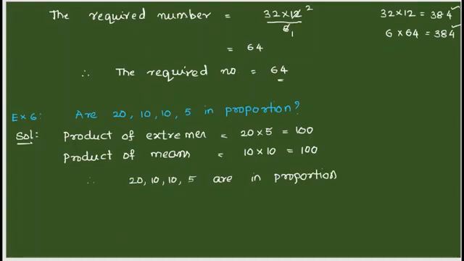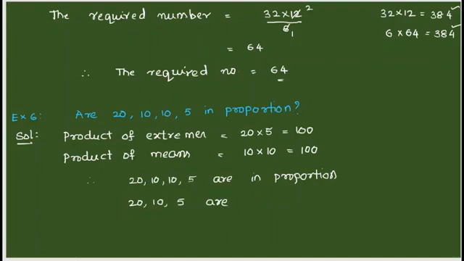Since here the second term and third term are both the same, 10 and 10, in another way also we can write this. How can it be written? As 20, comma, the second and third term is repeated. So only 10 you can write, and 5. Instead of writing four numbers, the repeated number only once we can write, and both extremes we have to write as usual. Now we can say that 20, 10, 5 are in continued proportion.